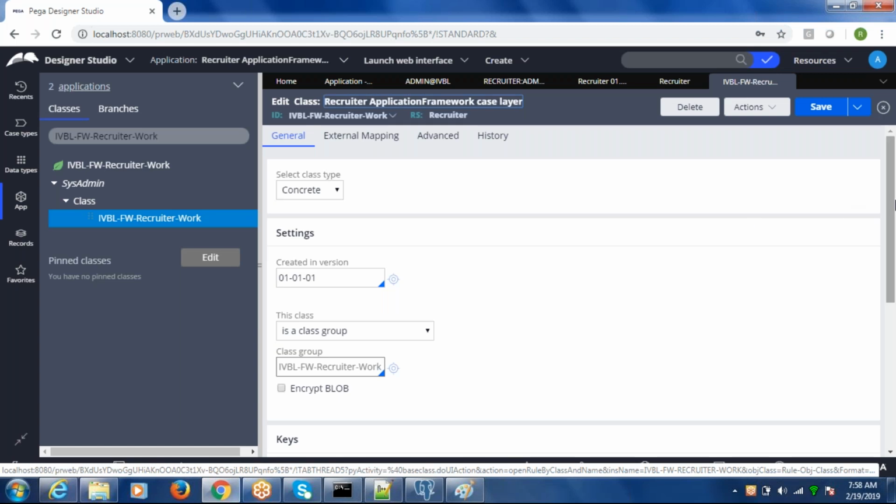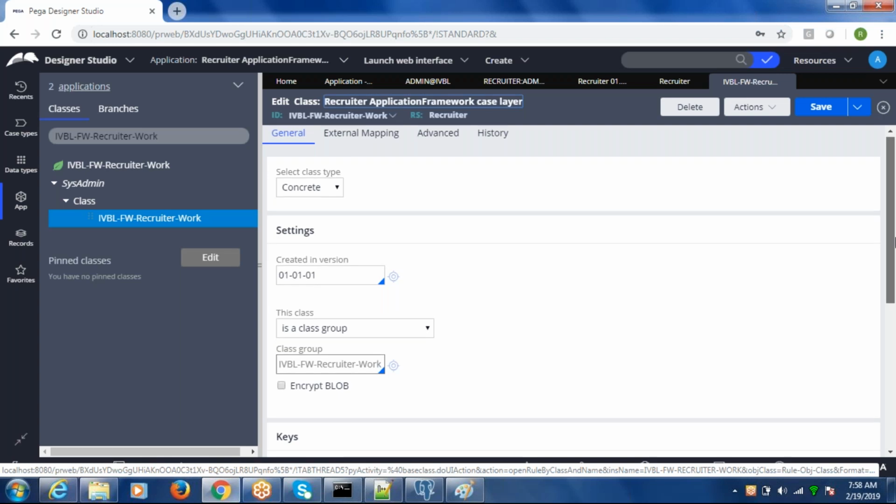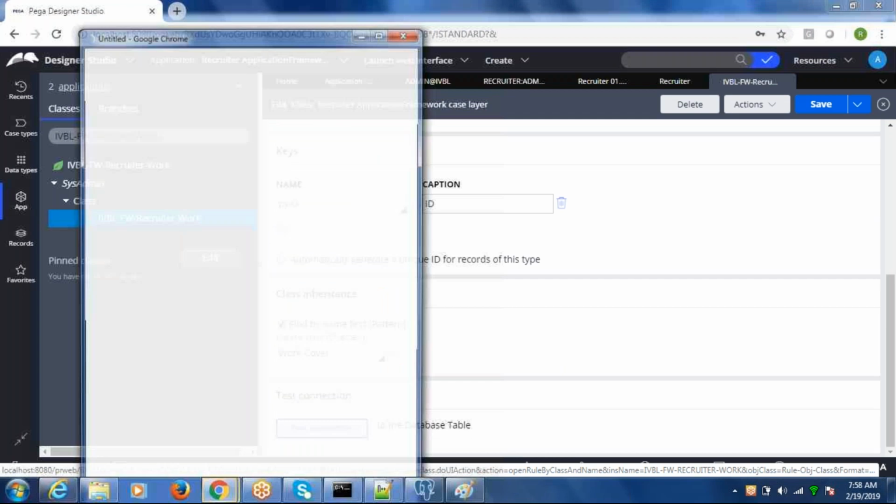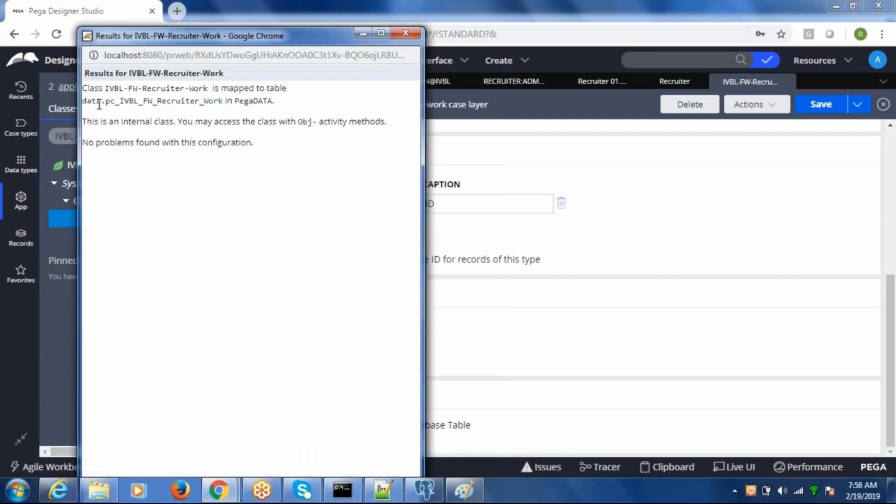That means you can have any number of records inserted into this DB table. For this, you can check the data table which is pointed for this class. Here you can see this comes under the data schema, because every record that we insert as an end user will come into the picture. All right, we'll come back to this later.